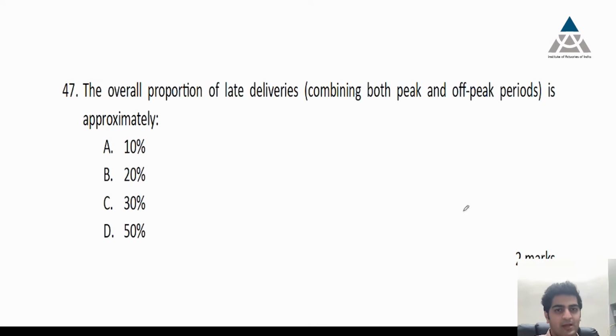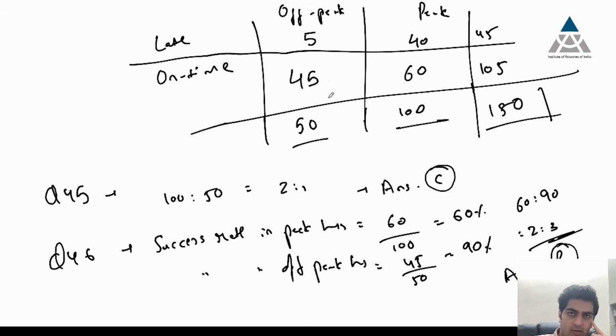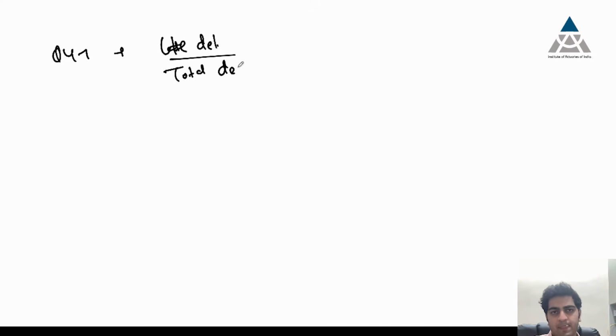Now we have one more question left from this particular data set. Let's see that. The overall proportion of late deliveries combining both peak and off-peak periods is approximately, so the overall proportion of late deliveries, right? So luckily we have this table. Total late deliveries is 45 and total deliveries were 150. So you can just directly calculate this number as well. That is late deliveries upon total deliveries, and that is simply 45 upon 150,